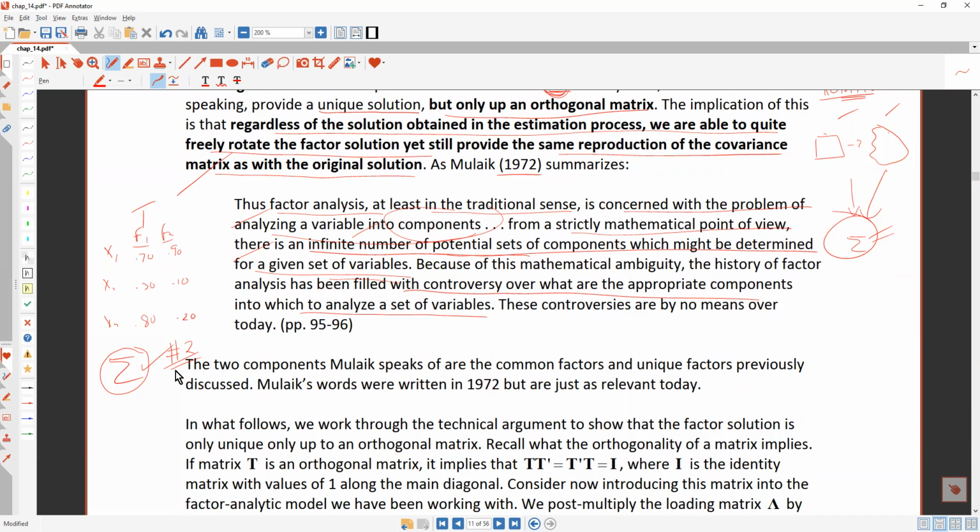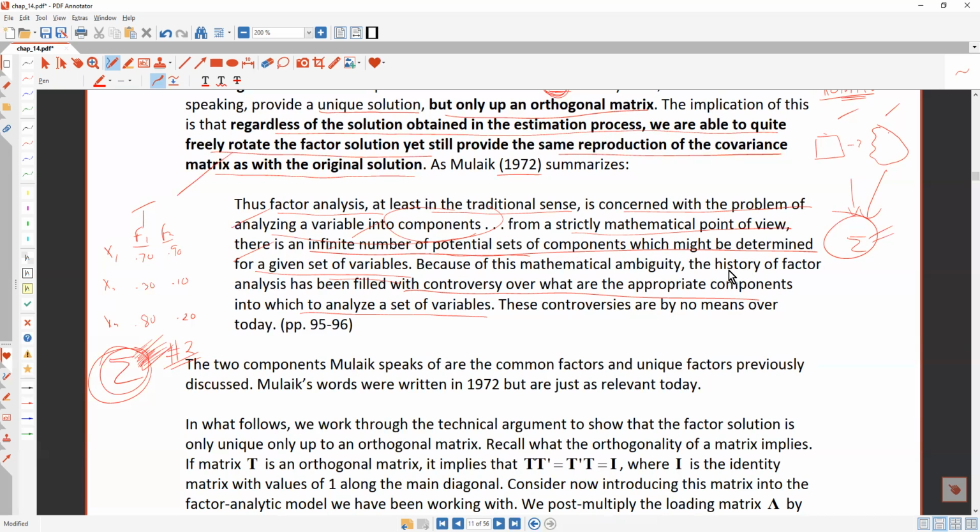The question is going to become then, if you rotate these factors, and you can just as well reproduce this as the original solution, then what's the correct solution? Right? What's the correct solution? So let me just repeat that. If you rotate the solution that you obtain in factor analysis, and you're just as well able to reproduce this, the fit is going to be just as good, and there's an infinite number of possible sets of components,